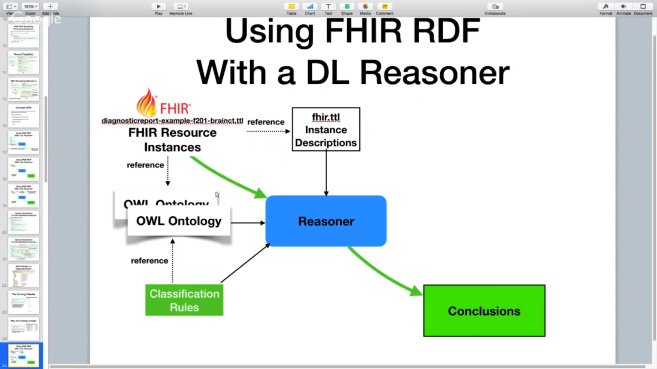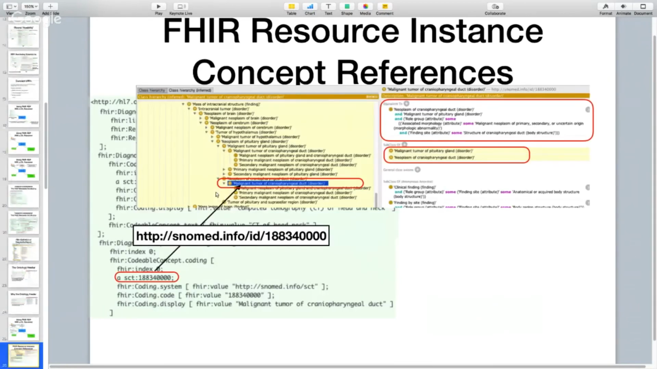The next thing we need to talk about is the concept references inside the instances. So this is where that type arc I had in the earlier example comes into play. This reference is snomed.info, and it's the malignant tumor of the craniopharyngeal duct. Because it uses standard URIs, I can just load a standard OWL image of SNOMED CT into Protege, and these links work. The fact that this diagnosis is an instance of a diagnosis of the malignant tumor of the craniopharyngeal